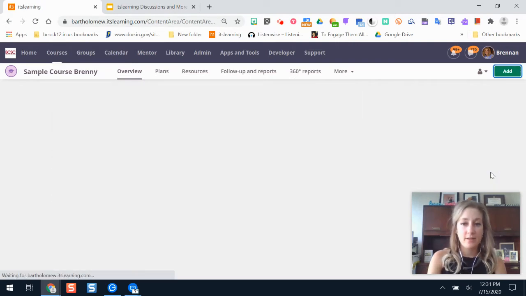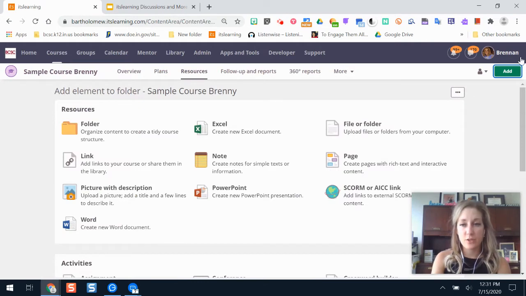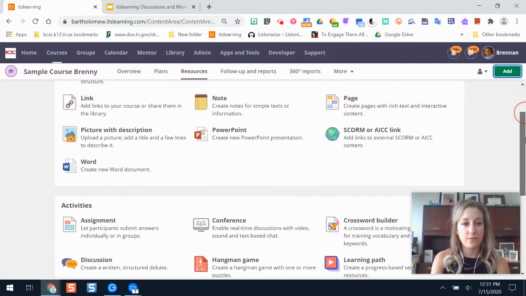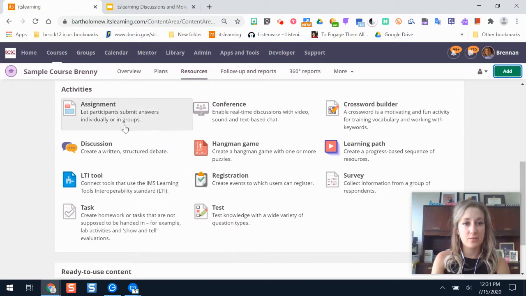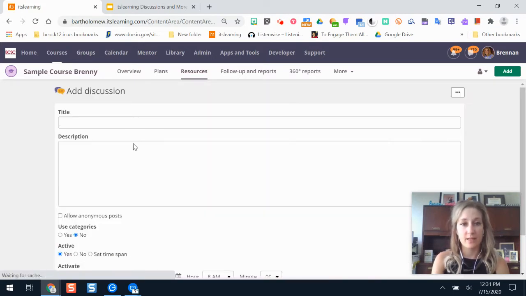So if I go to itslearning and I click the Add button and then Show All, this is where I'll see the discussion tool. It does not show up in that little short menu. It's further down under Activities, right below assignment is where I'll see discussion. So if I click that,